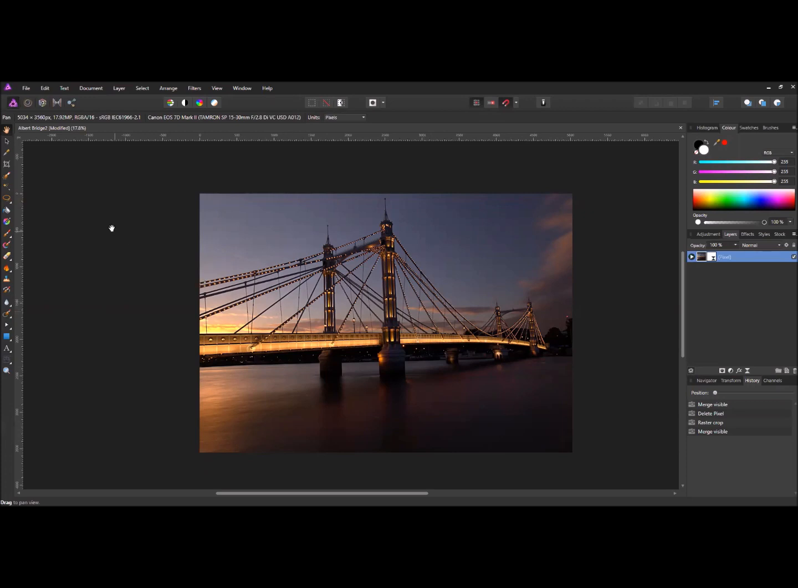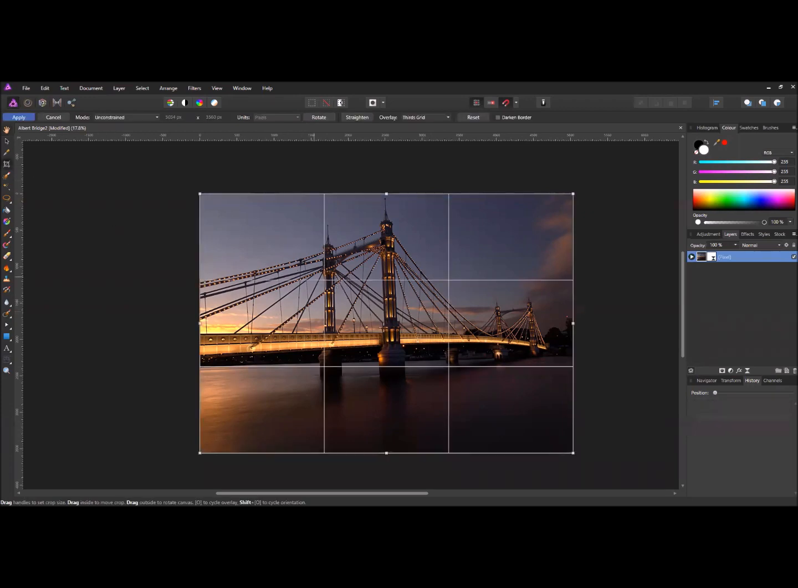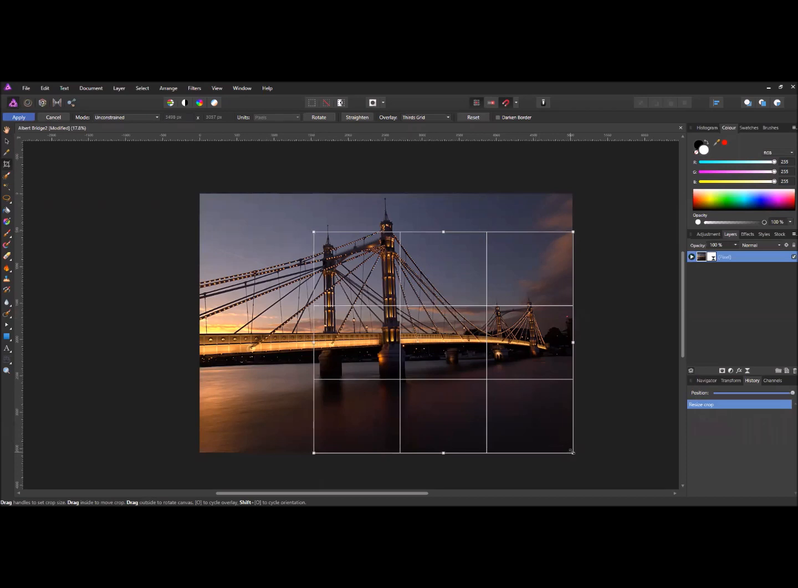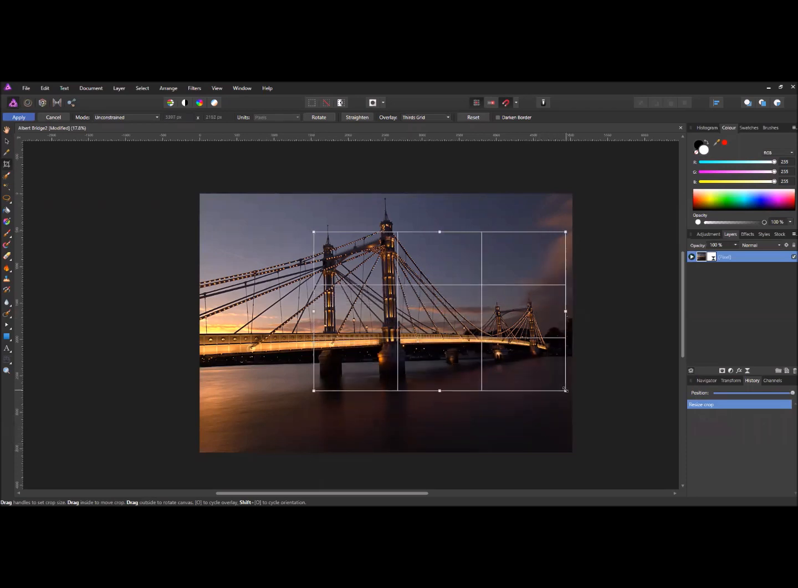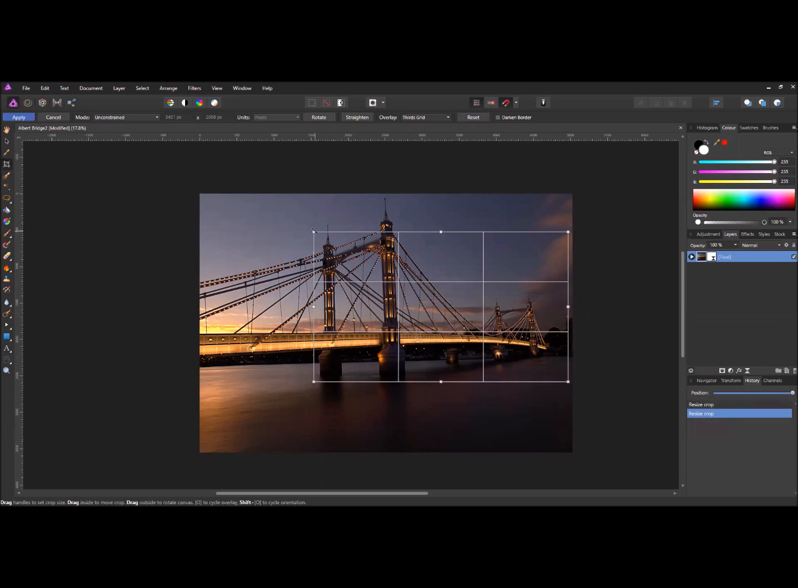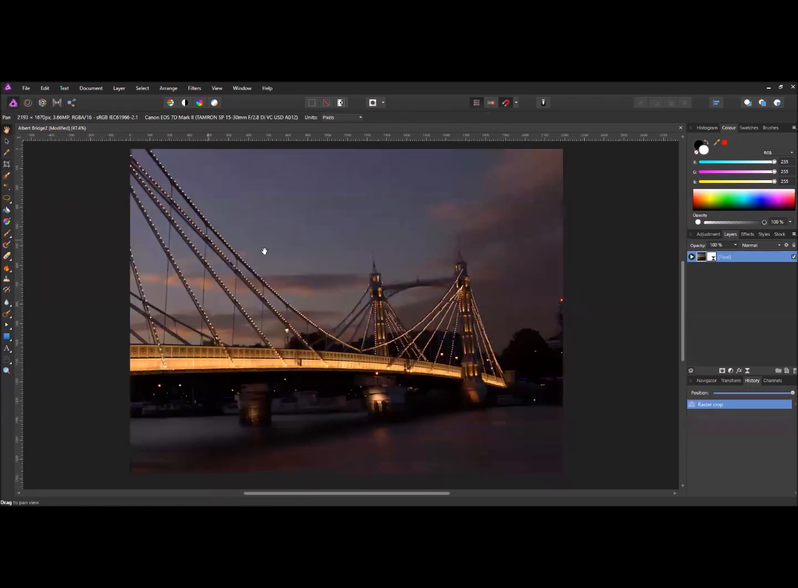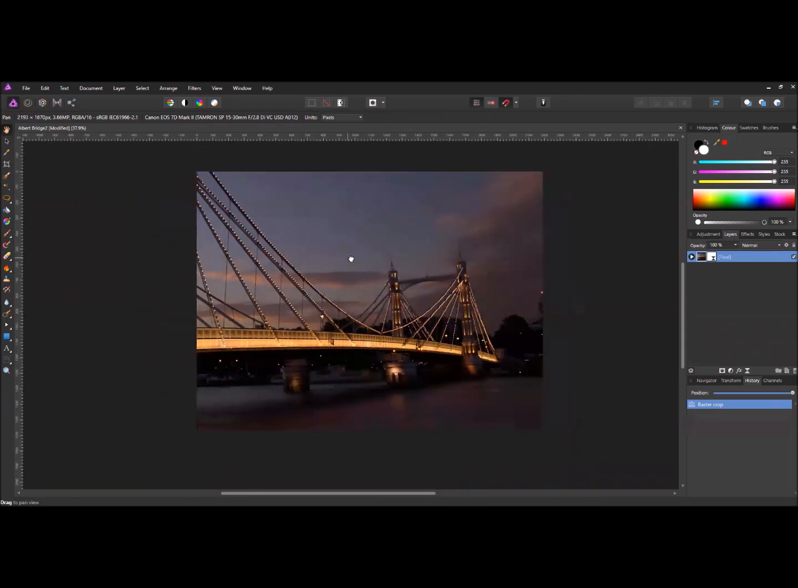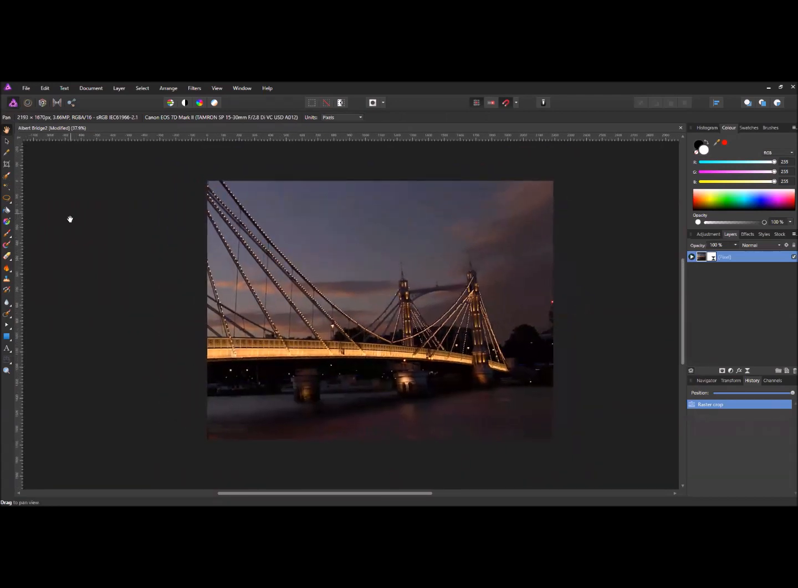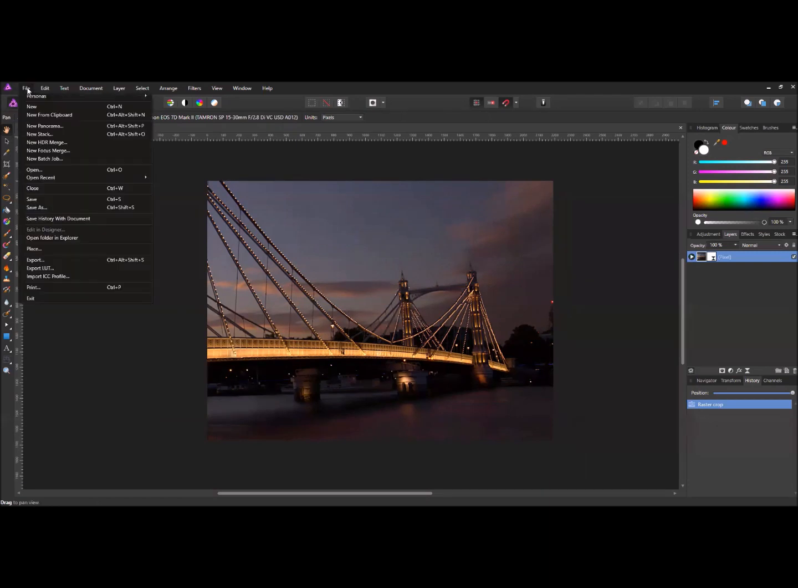Now, what I'm going to do is I'll just use the crop tool here, and we're going to pretend I'm only interested in this part of the bridge, for whatever reason, and I'll apply that. Okay, so now how do I know what that's going to come out like? What I can do is create a new picture,